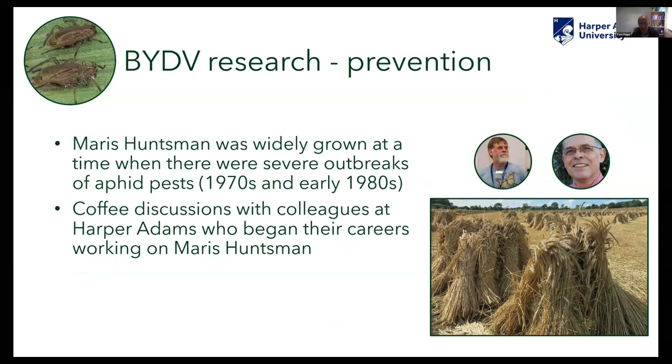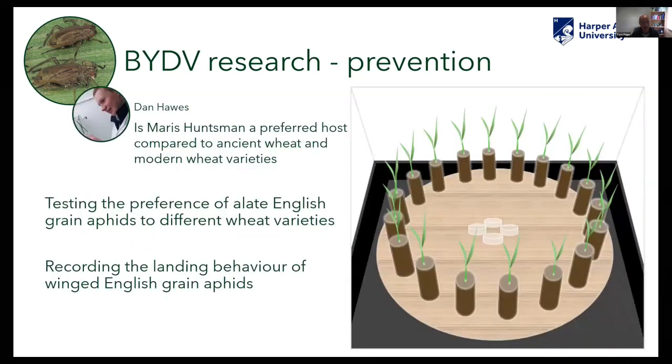And both Professor Simon Leather and Keith Walters began researching aphid vectors of barley yellow dwarf virus in relation to Maris Huntsman. We were interested because when Maris Huntsman stopped being so widely grown, the aphid problem subsided. It didn't go away, but it did improve to some extent. And so that led to the first student project, this one carried out by a Harper student, Dan Hawes, who